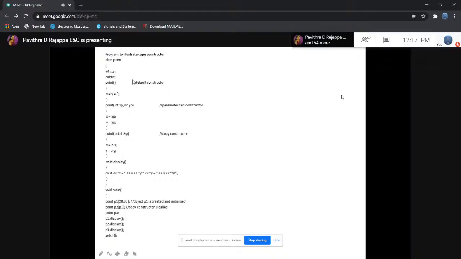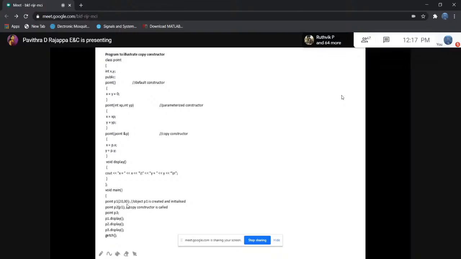That is nothing but the default constructor will be invoked, because there are no parameters and within the parenthesis there are no objects to copy. So therefore, here only one particular object means the copy constructor is called. Now I'm calling the function display by using this object and then the other objects p2 and p3.